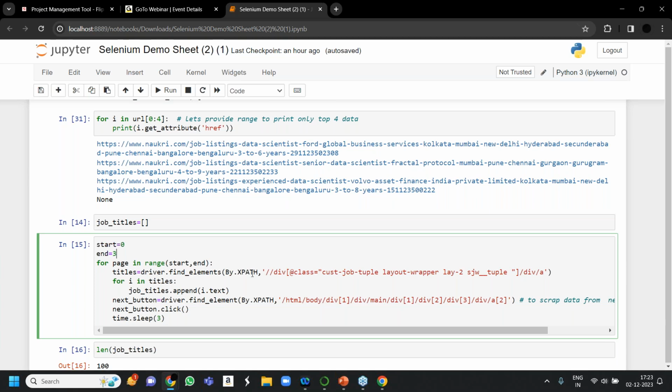Titles equals, I'm taking the job titles of the first 3 pages. The class name will be the same as what you have done earlier. Here you know it's the same code you have done earlier, right? As I told you, only one thing is getting added over here, which is the next button code. So inside the for loop only, just give the next button code, give the absolute XPath of the next button and use the dot click method. Now understand what I'm trying to say.